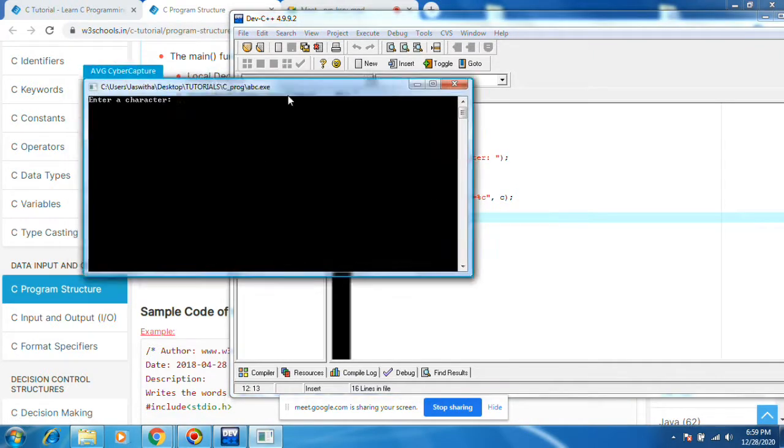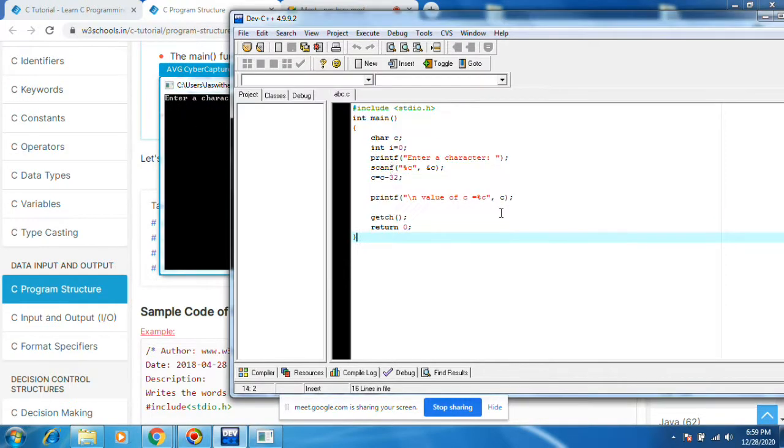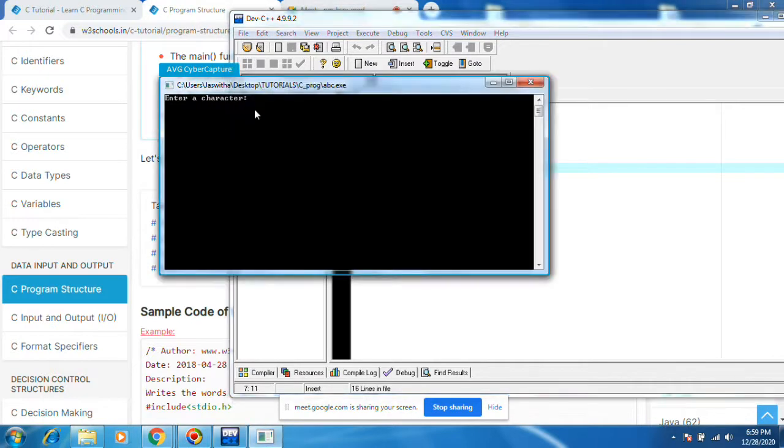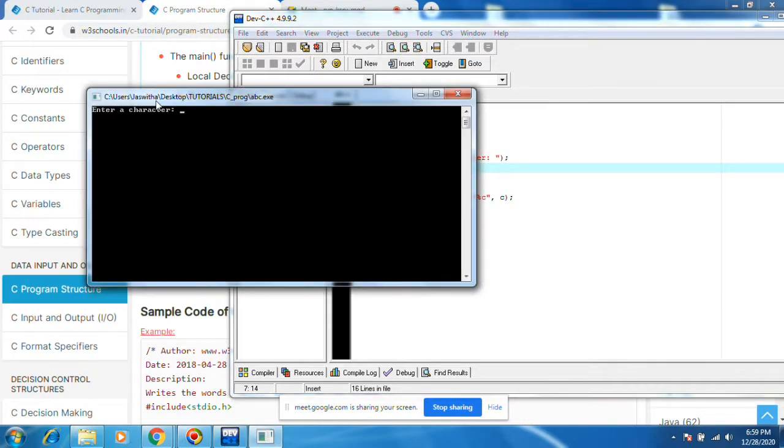Yeah, this is called the console. See, it says enter a character. This is scanf. What is scanf doing? It will read the data, whatever character we write there, and store it into this variable. It's a character. See, this is called the console.